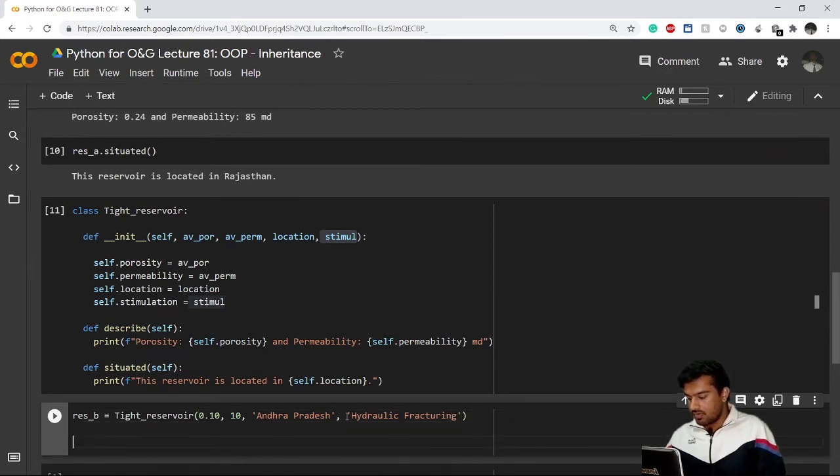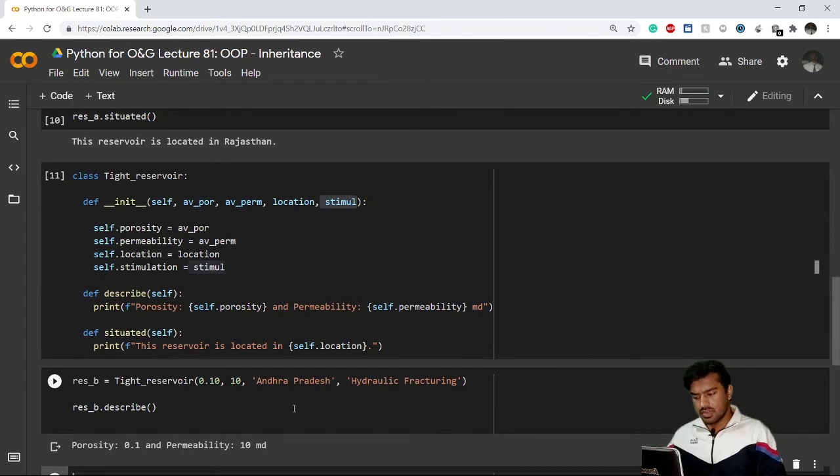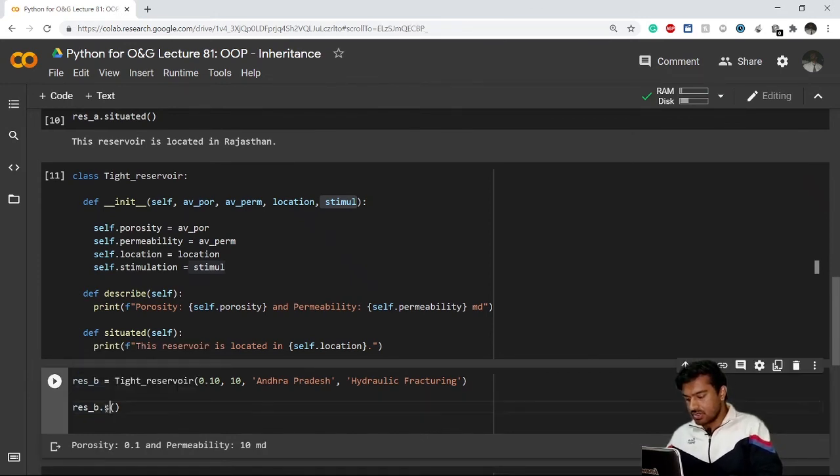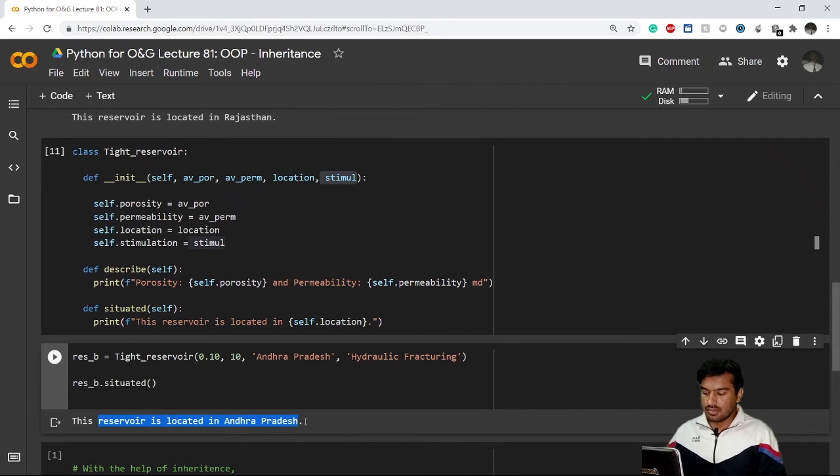Right, now if I want to see res_b dot describe, if I run this, it works fine, it works great. If I want to check the location, I'll simply use the situated method, and it will also give me fine results, that this reservoir is located in Andhra Pradesh.